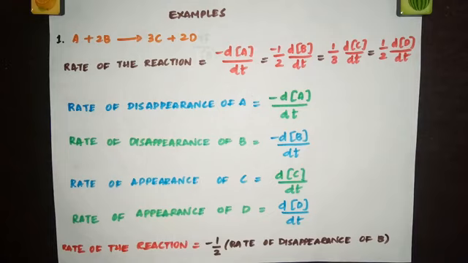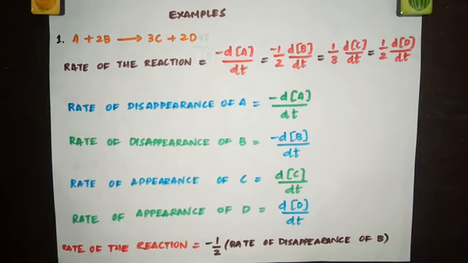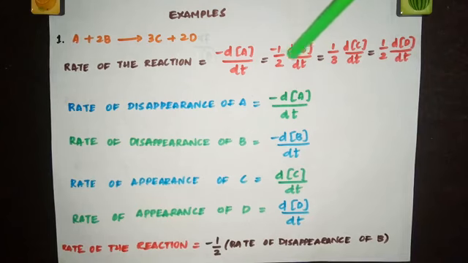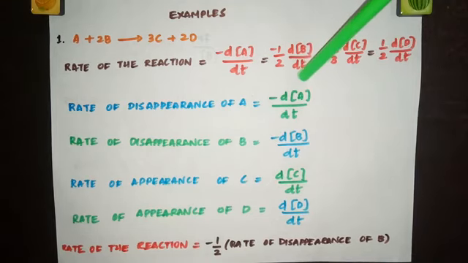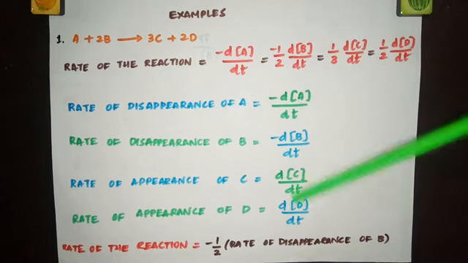And be very clear, what is this A in a square bracket? This represents the concentration of A. When we say d[A], it is a small change in the concentration of A, and what is dt? Change in time. And same way, what is d[B]? Change in the concentration of B. When you put a small d, then we are actually talking about the instantaneous rate. When you put delta, then that is the average rate. So a small change in the concentration of the reactant B divided by a small change in time. So all this represents the rate of appearance and rate of disappearance.